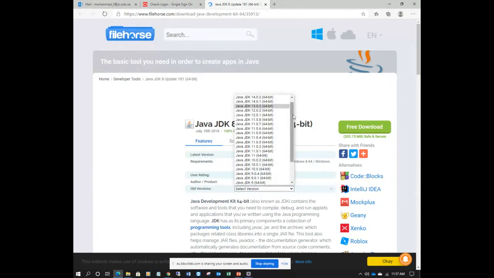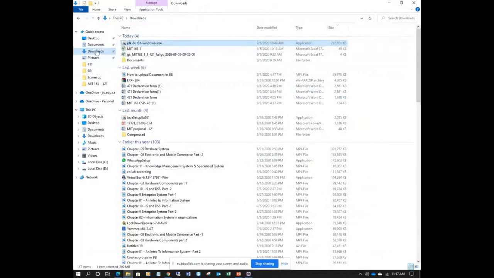Now we have different versions, so you can choose the version which fits your system. After you download, you will see it in the download option on your PC. Just run the setup of the JDK by double clicking over it. Now it will prompt you. My system already has the JDK installed, so I no need to install it. It will prompt you to allow the device, then we start the next process. It's very simple to install.